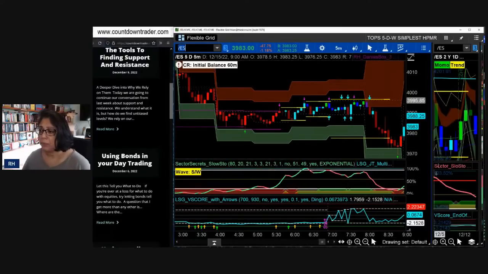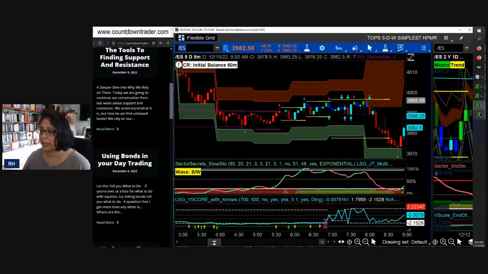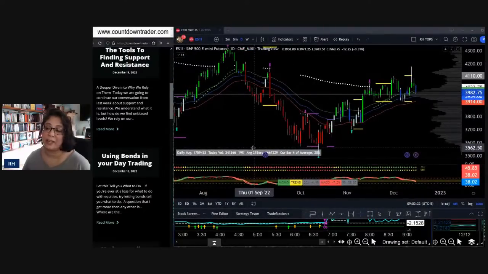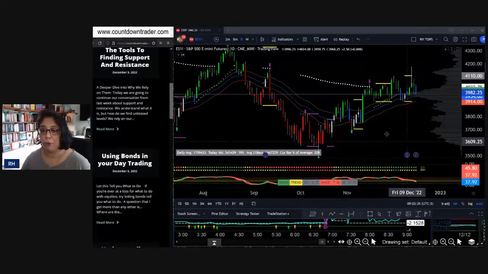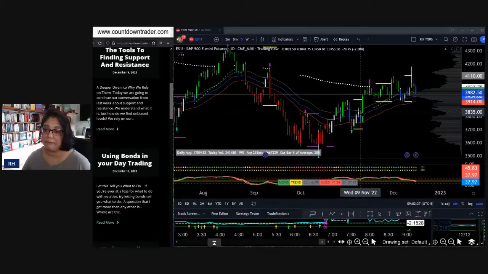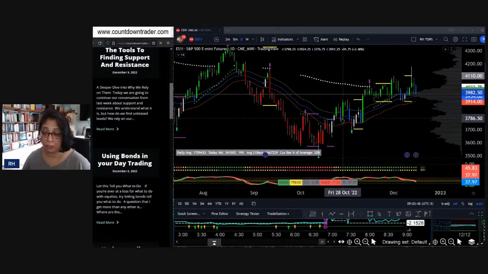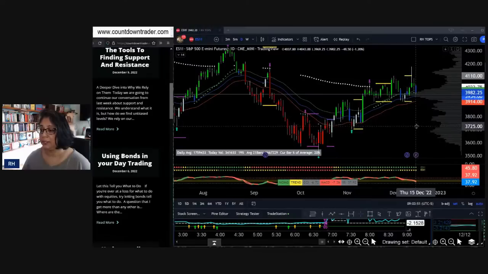So right now, when I look at the S&P, and let's make sure we take a look at TradingView as well as the Thinkorswim platform, you'll see that the overall movement on the daily time frame of the S&P is still doing battle more or less with that 200 exponential, but you can definitely see the bullish momentum that was set by October 28. And then here, as we go into December 15, while it's not an uptrend yet, while we are not firmly established above that 200 period exponential moving average, it sure is trying. It sure is giving it a good old college try. So that is what we have right now.